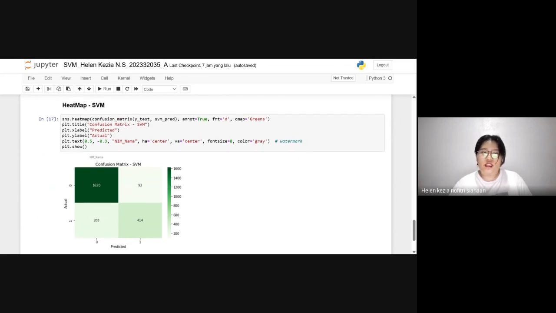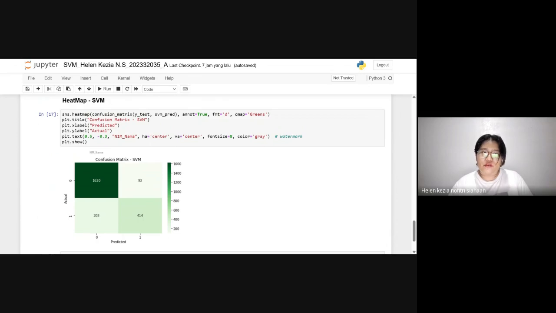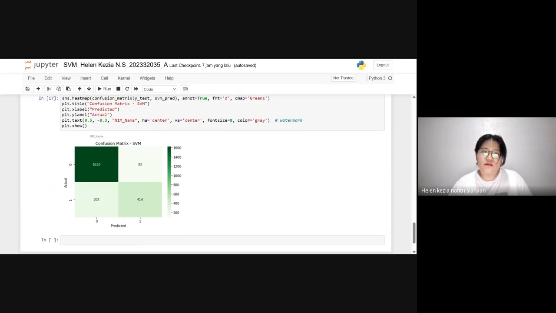We're using plt.text at 0.5, -0.3 with nim_nama, ha is center, va is center, and font size is 8 with color gray, which is this one. It was for the watermark, but I didn't change the nim_nama here to show up. This is what I made, and then plt.show.